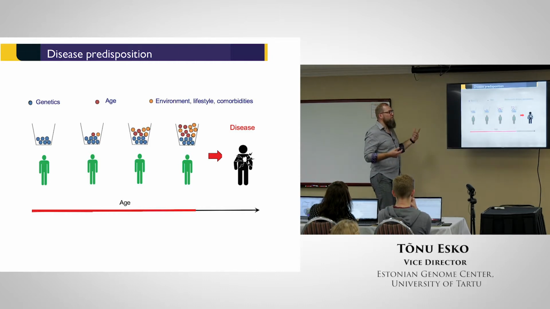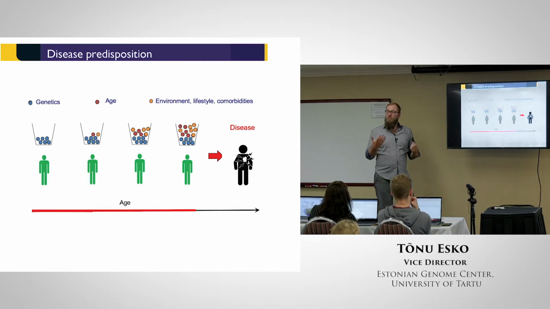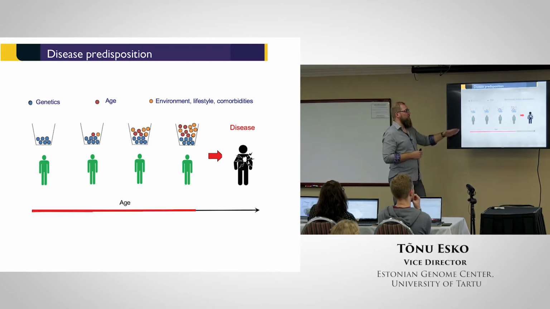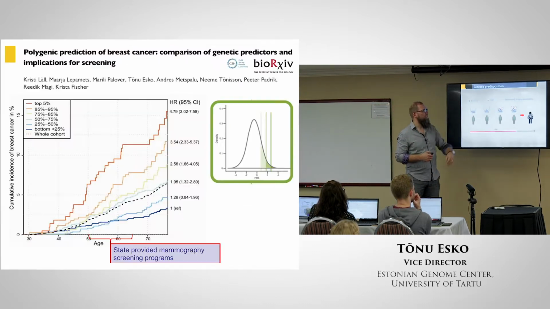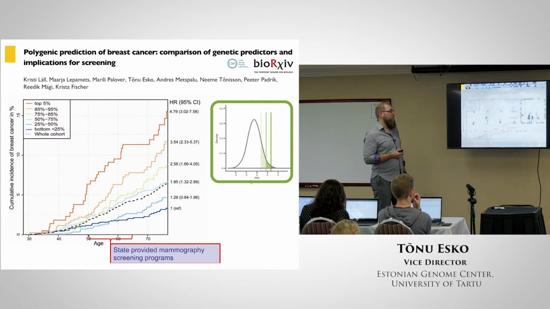So that's why our incentive is that if you know the genetic risk, we can either motivate people to live healthier, or we can introduce some kind of interventions to lower this lifestyle risk or physiological risk. And I'm just showing you one